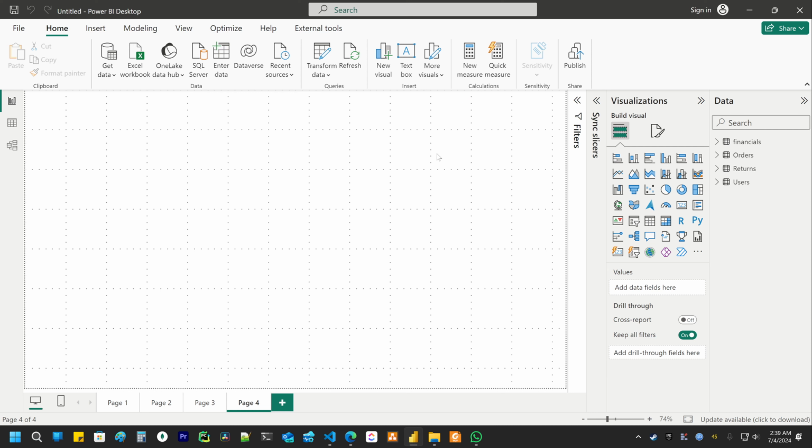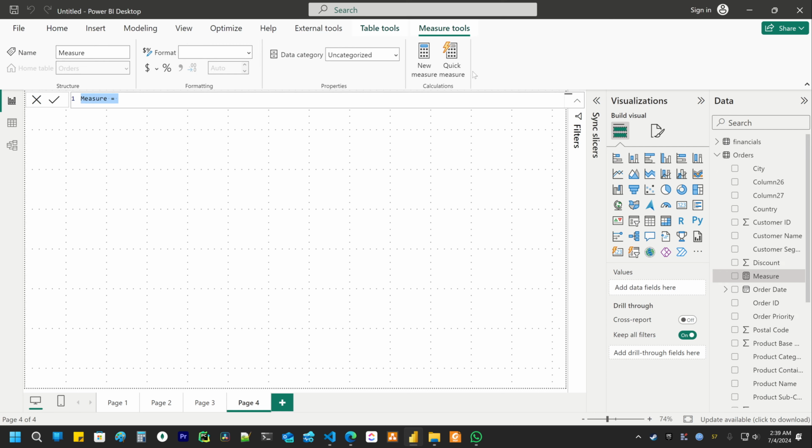To create a measure, you have a few ways. First is press here, new measure. When you do that, Power BI automatically selects some table and adds your measure to that table. But you not always want that. So